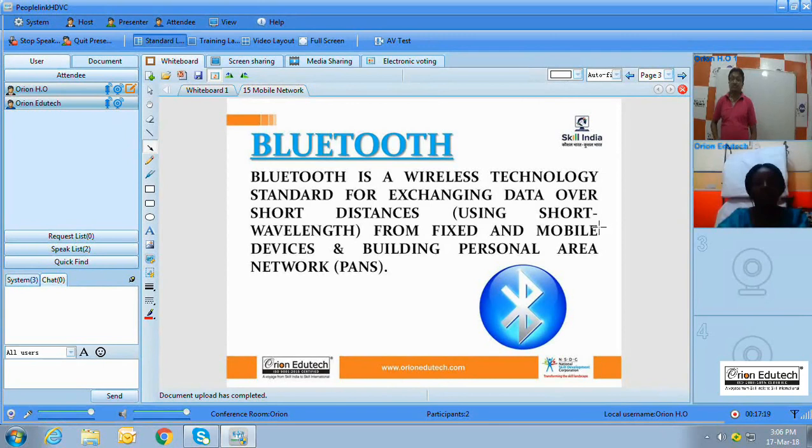is Bluetooth. It's the higher version of infrared. In Bluetooth, you are able to send data via wavelength, but you can send it over a long distance also. Bluetooth is a wireless technology standard for exchanging data over short distance using short wavelength from fixed and mobile devices